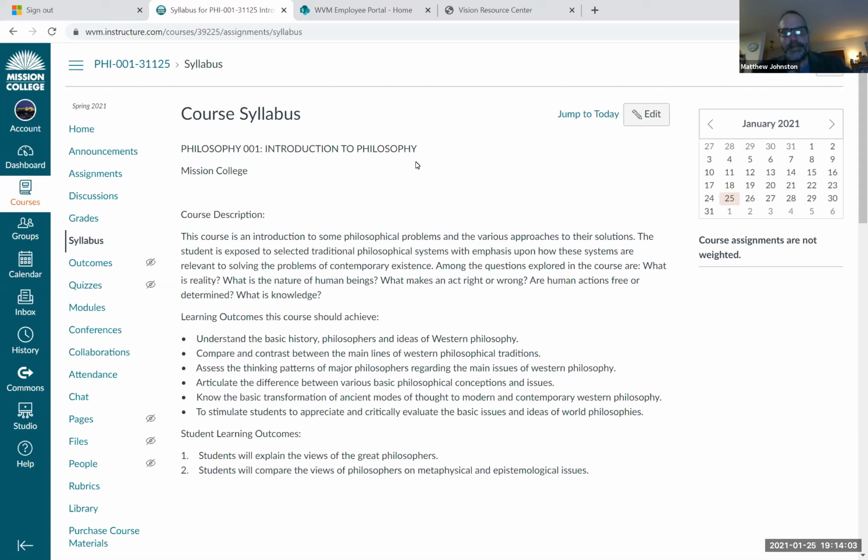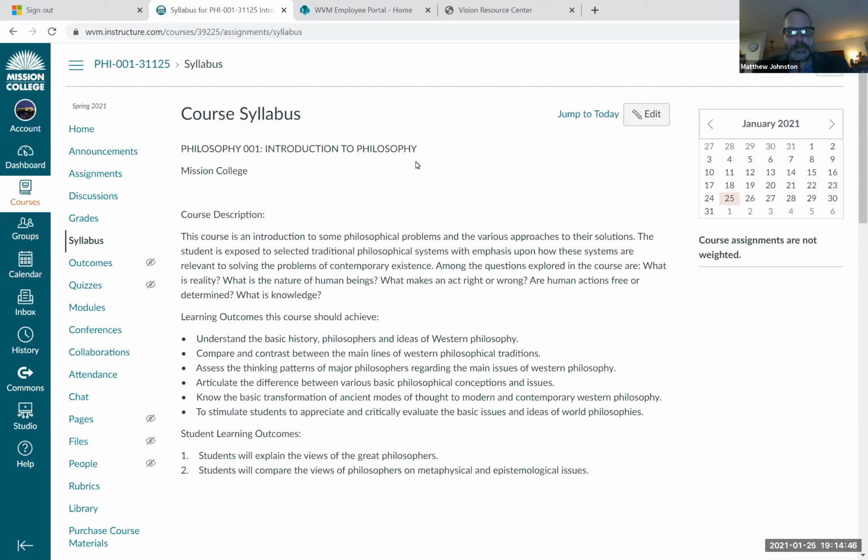Just for the basic reason that other subjects are covered in other classes. For instance, what makes an act right or wrong? Yeah, we'll touch on that. Pretty considerably, actually. We'll spend some time on that. However, there is a class called Philosophy 3, which is ethics, which is where we philosophy instructors delve into that subject more. And so this class, I like to focus on the metaphysics and epistemology questions.